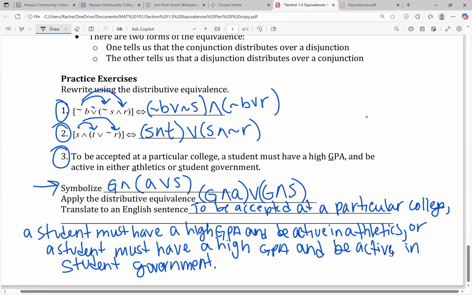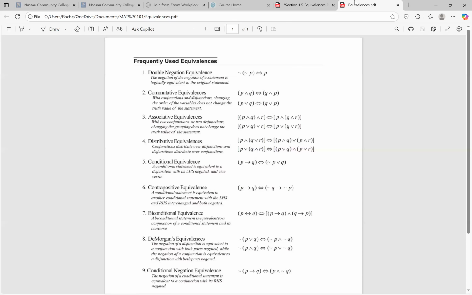These were just the first few, but I want you to know that I did post, in the week 1, I'm sorry, this is week 2, so in the week 2 module, in addition to posting this handout, I also posted, let me just share,